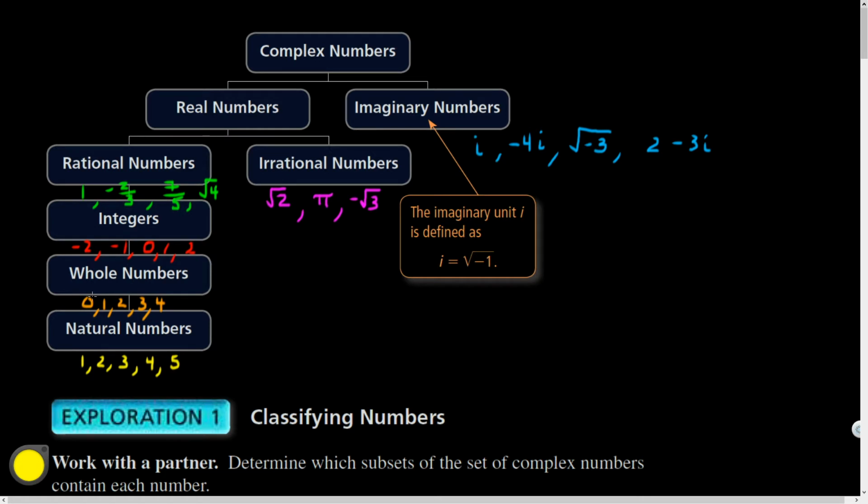The whole numbers start at 0, and those are often used by computer programmers. They usually like to start counting with 0. The integers include all of the natural numbers. They include the whole numbers, but then they also include their negative counterparts. Okay, and so they go from negative infinity to positive infinity.